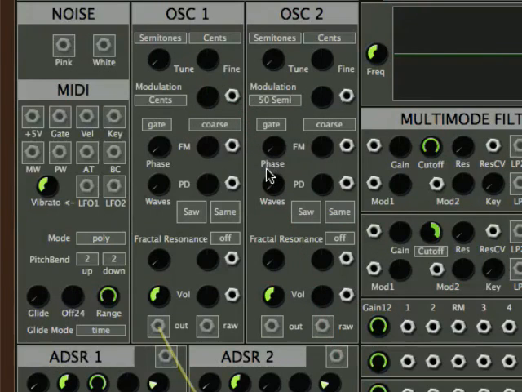What we can also do is we can do FM, like an FM synth. For instance, we can use another oscillator, patch it into our FM slot, which is actually phase modulation, but that doesn't really matter. It's what's used in classic FM synthesis. Then when we detune the second oscillator,